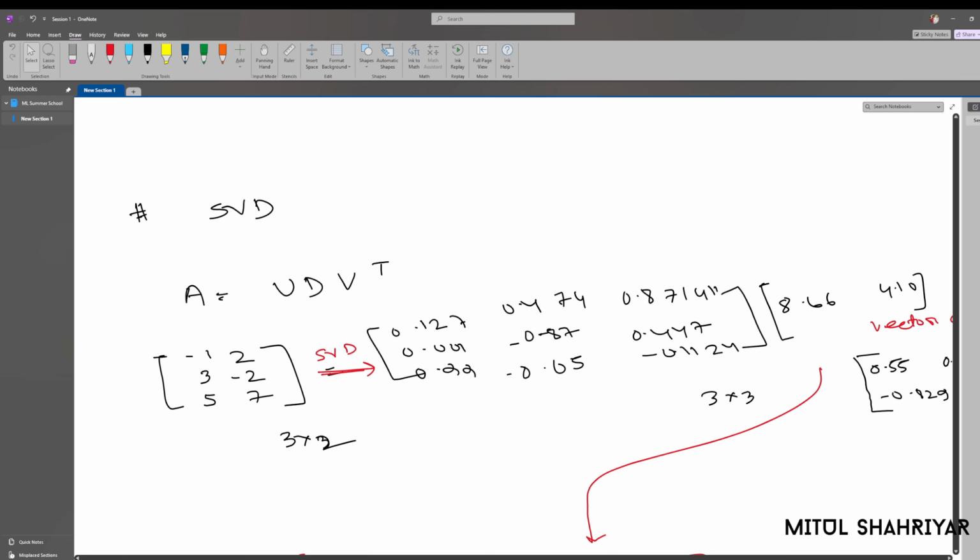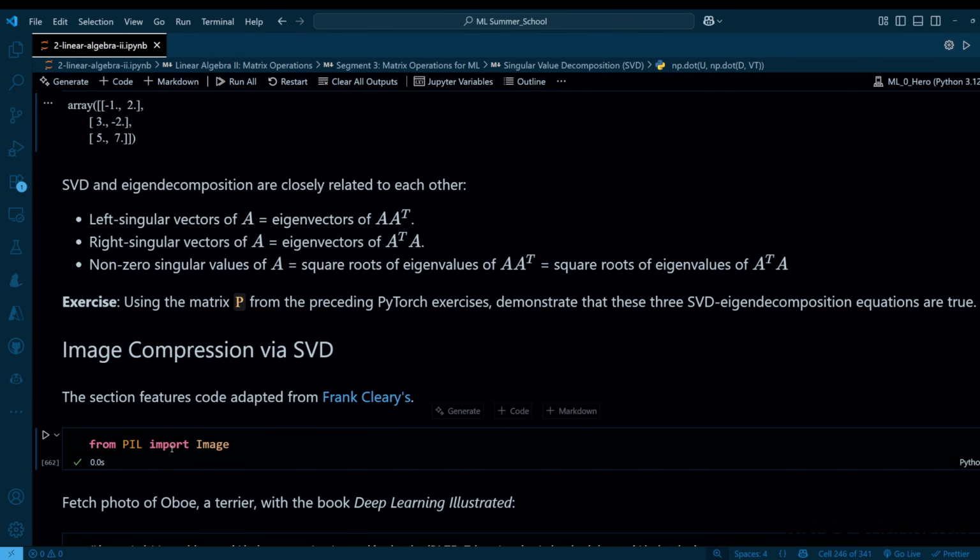But prior to that, let me give you an example. Here it is, SVD. Here you see exactly the same matrix I have written, the one we have used in the code. So we have 3 rows, you can see 1 2 3, and we have 2 columns, 3 into 2, no problem. Using SVD,